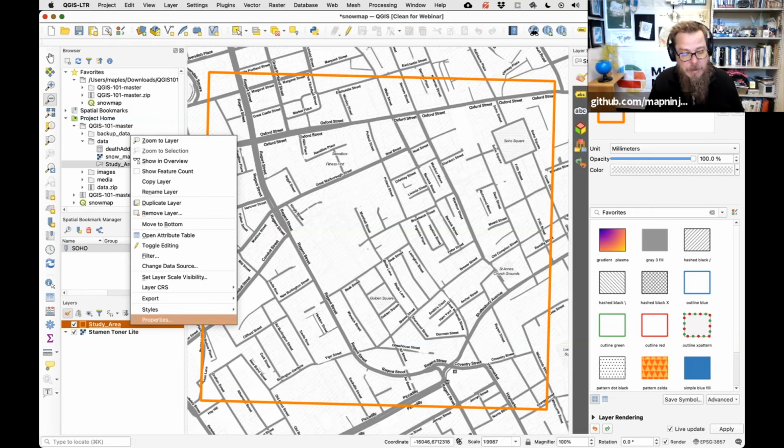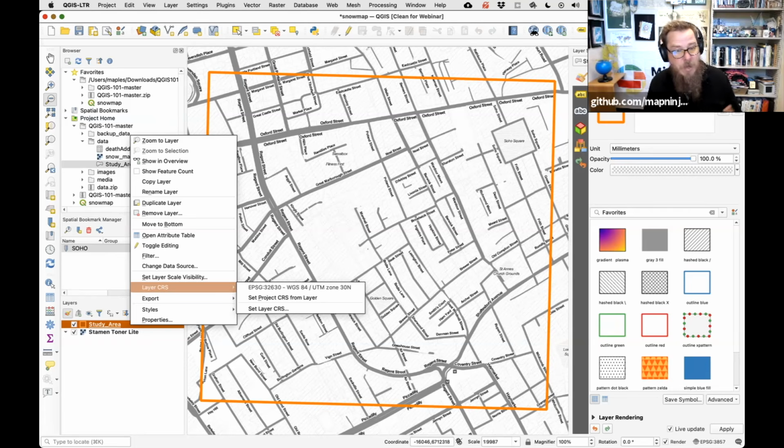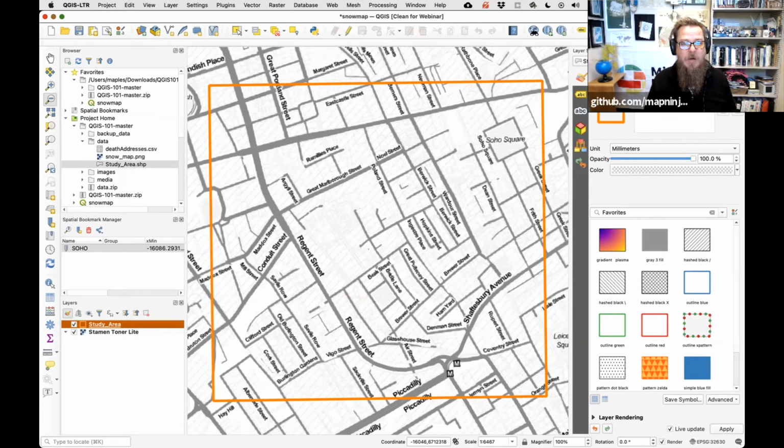So I'm going to right click on study area and go to layer CRS, coordinate reference system. And here you can see that I have the option to set the project CRS from the layer. I also have the option to set the layer CRS. You don't want to do that unless you know that the coordinate reference system that's currently on the data set is broken and you need to set it to the real coordinate reference system. If what you want to do is change the correct coordinate reference system to a new one, that is an active projection, and we actually need to use a tool for that. We'll do it later. But right now what we want to do is just set the project CRS from this